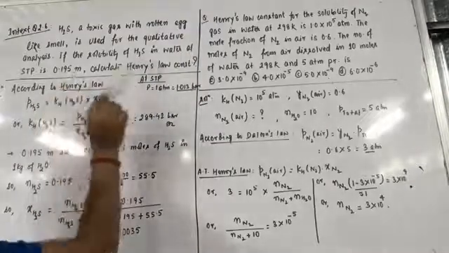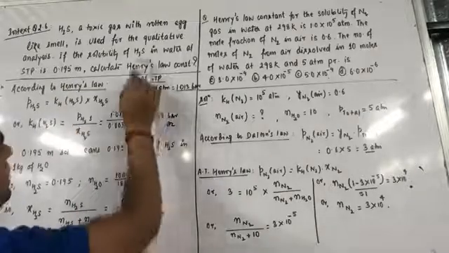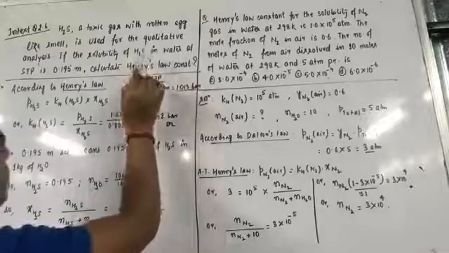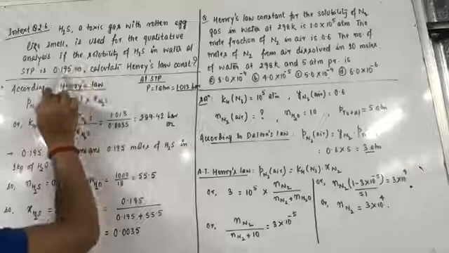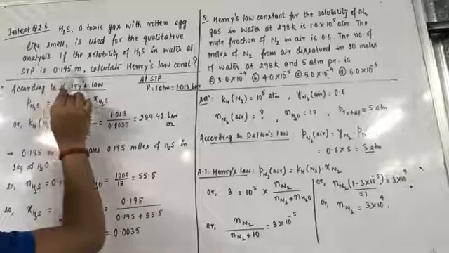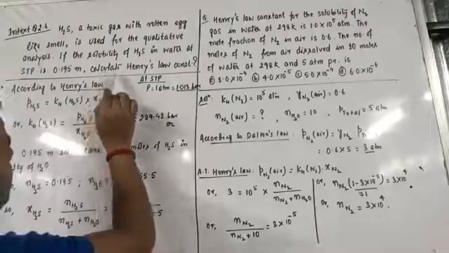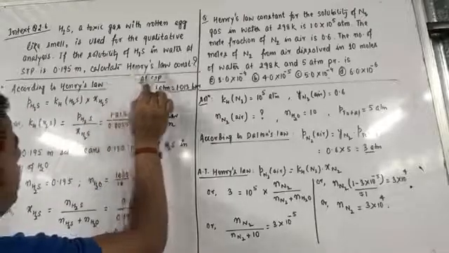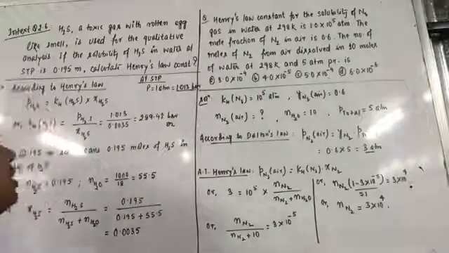So molality of this solution of what? Solution of hydrogen sulfide gas in water. So the solution is of hydrogen sulfide gas in water. So molality of this solution is given as 0.195 m. Condition is STP condition. So what we have to calculate here, question is calculate Henry's law constant. Means we have to calculate KH value of hydrogen sulfide.